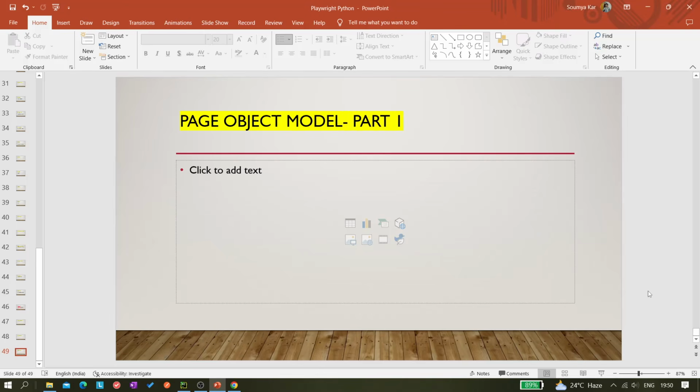And today in this video I will be covering page object model. So this would be part one of page object model, and there could be several parts. I don't know how many parts there would be. So let's see how much we can do in the part one video. Okay, so